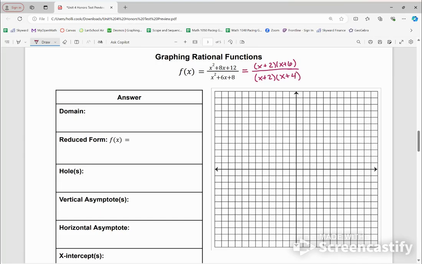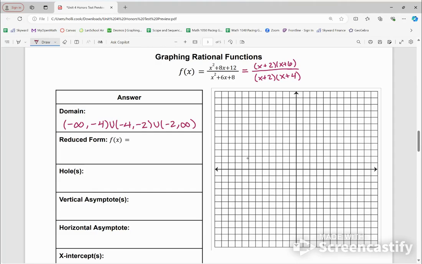Okay, now before we try and cancel anything out, we need to look at our domain. We look at our denominator here. We know x can't be -2 or -4. And we figure that out just by setting each of these equal to 0. So, in our domain, we want to skip -2 and -4. So I'm going to go -infinity to -4, -4 to -2, and -2 to infinity. So you always find your domain first, and then we can simplify, find our reduced form, and do everything